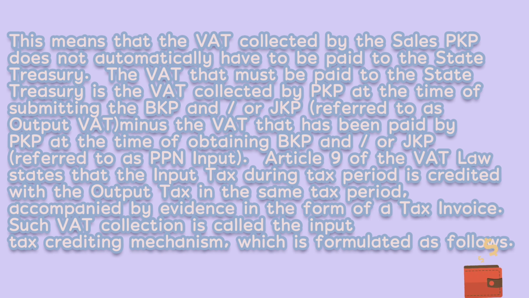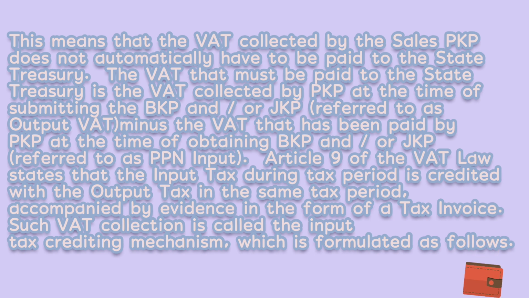The VAT that must be paid to the state treasury is the VAT collected by taxable entrepreneurs at the time of submitting the taxable goods or taxable services, referred to as output VAT, minus the VAT that has been paid by taxable entrepreneurs at the time of obtaining the taxable goods or taxable services, referred to